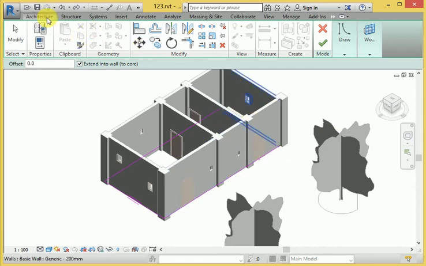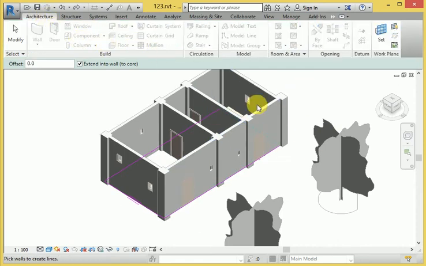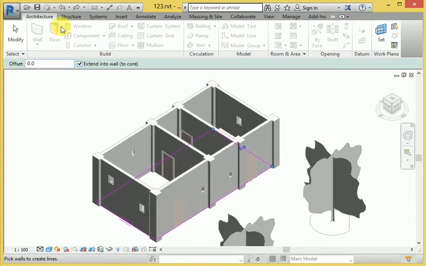So here you can see that this one is not here. You can select this ceiling and click this particular edge, and then go to OK.